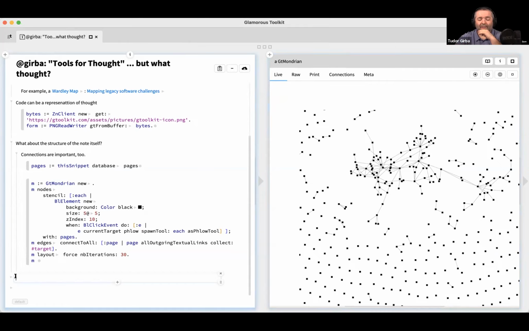And this is what actually gets us to this idea that in fact code and notes are actually not that different. Because here I'm not giving this presentation inside a note-taking tool. I'm giving this presentation inside a development environment. So for example, code connections. If these note connections are interesting, code connections are equally interesting.